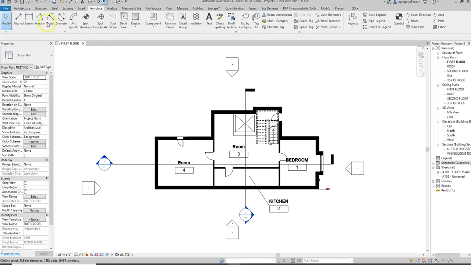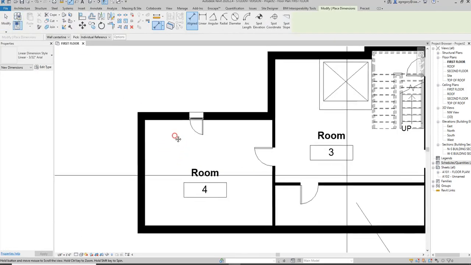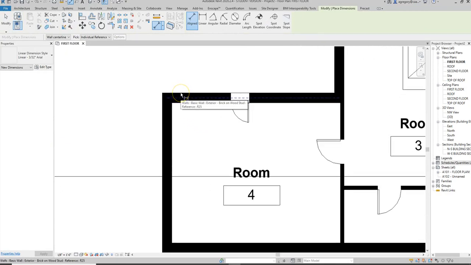So with the Align Dimension, we want to zoom into our drawing and want to think about what we want to dimension. If we need an exterior dimension and plan, we want to zoom in and make sure that we are hovering over the location where we need that. So you notice that it's defaulting to the center line of the wall. Typically, construction does not happen from wall center line to wall center line unless we're looking at basic wall stud spacing. So I'm going to change the wall center line to actually be wall faces,